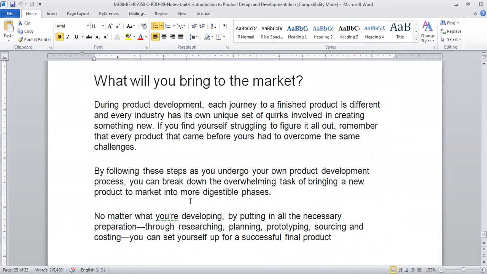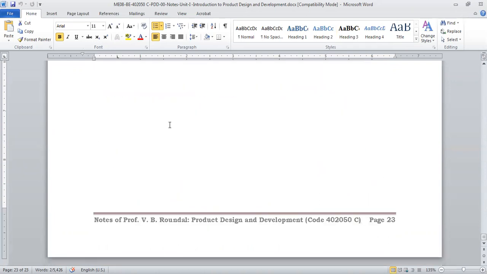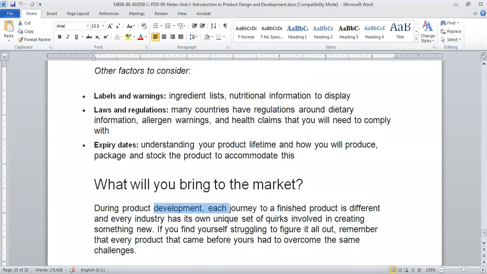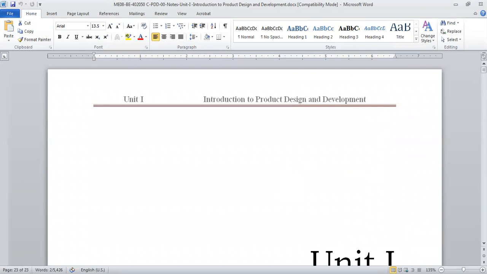When you have a new product, you have to make sure what you are bringing new to the market, or what you are offering which is not there. You have to make sure that you are providing whatever is not in the market, whatever your competitors are not offering. All those things you have to remember, right? So this is how the new product design life cycle will look.